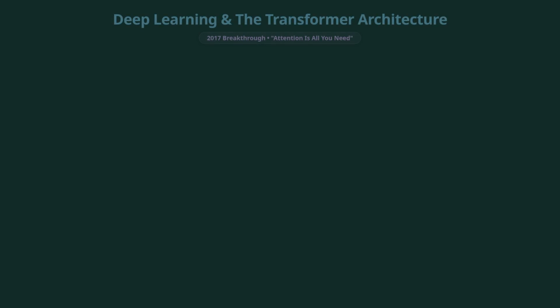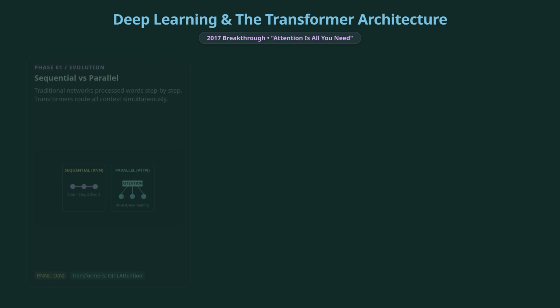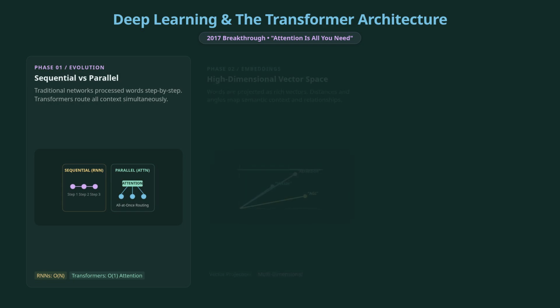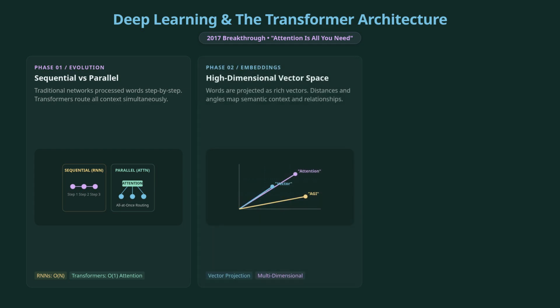The primary catalyst driving us toward AGI today is the transformer architecture, introduced by Google researchers in the seminal 2017 paper, "Attention is All You Need." Traditional neural networks processed information step by step, but transformers use a mathematical mechanism called self-attention to process entire datasets simultaneously. By calculating high-dimensional vector representations of words and concepts, these networks map semantic relationships across billions of parameters.